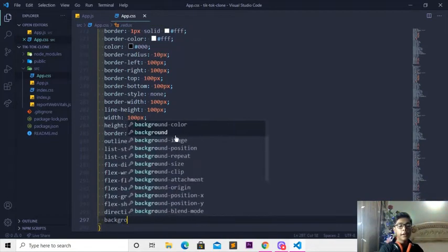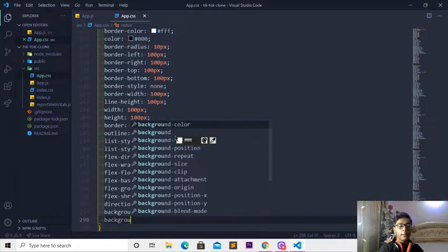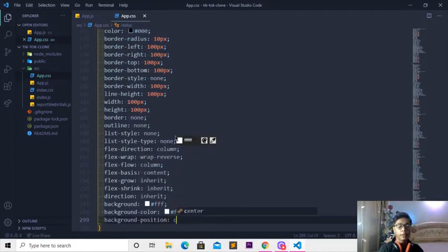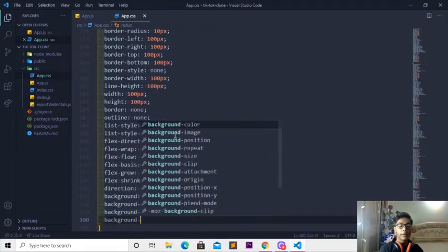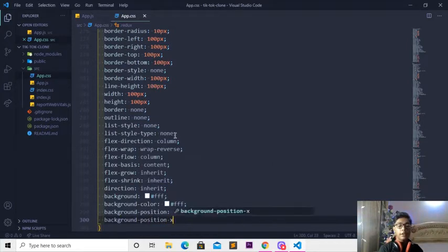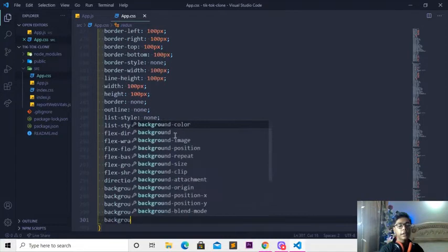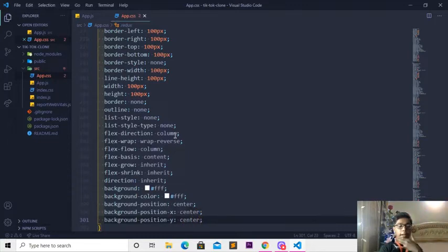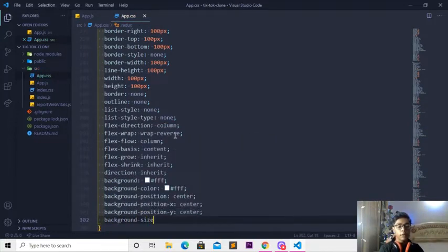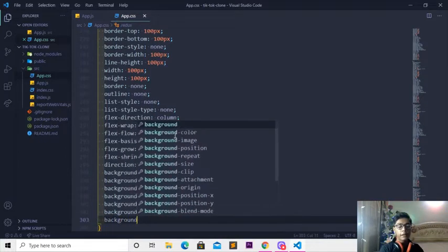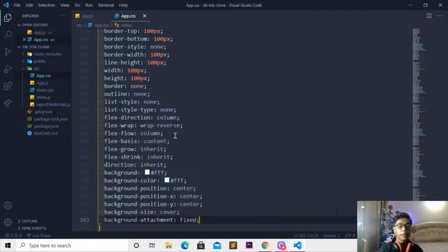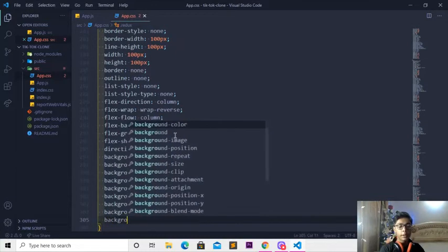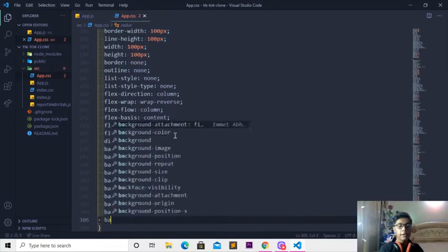Then I'll be coming underneath and writing background white, background color, which will be white, and here I'll be writing background position, which will be center, and background position X, which will be center, and background position Y, which will be center, and here I'll be coming underneath writing background size, which will be cover, and background attachment, which will be fixed, and when you're done with that, I'll be writing background clip, content box, background origin, which will also be content box,